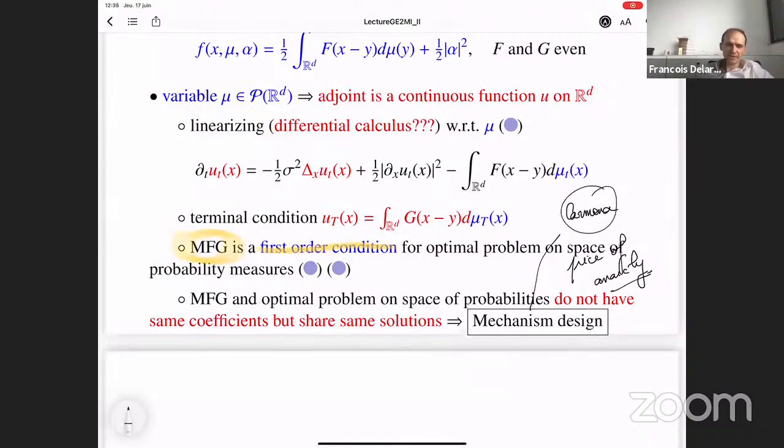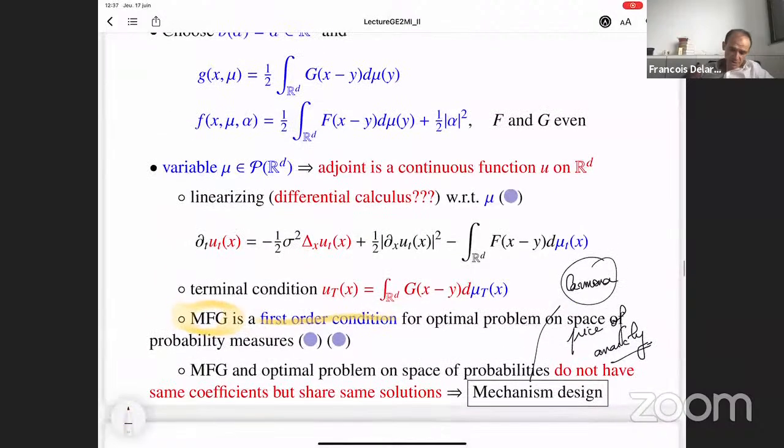You have to pay an additional cost, and this additional cost is computed through the price of anarchy. So René did several papers in this direction. This is just to tell you from the practical point of view. So there could be an interest